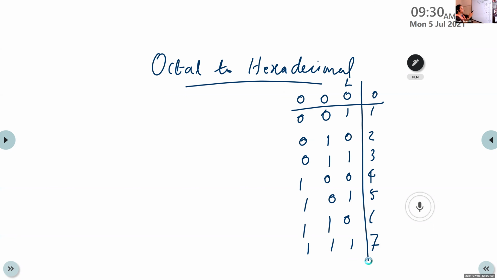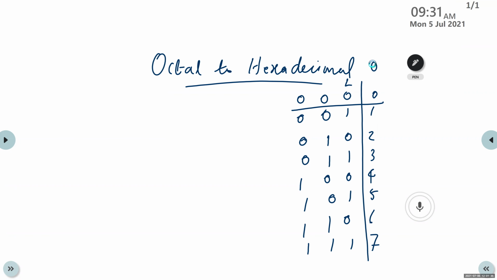Naveen and Roshan, just listen. This is a 3-bit table for conversion. These are the octal numbers, 0 to 7, and we have to write the 3-bit table. The easy method for creating a 3-bit table: in the first row write 0, 1, 0, 1, 0, 1, 0, 1. In the second row write 00, 11, 00, 11. And in the last row write 4041. This is the 3-bit table creation. Is it clear, Naveen? Yes, ma'am.